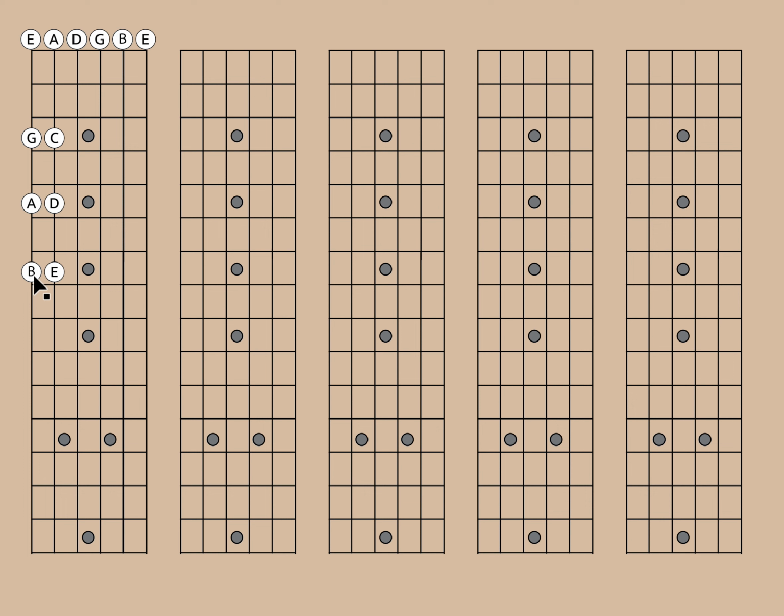We got G, A, B on the E string. We've got C, D, E on the E string. Well, we had done this octave thing where we got 2 strings, 2 frets over. So this would be a G note. So we can take this now and put it here. If we know that that's a G, well, then we've also got G, A, B, C, D, E, right? Now, similarly, we've got a G